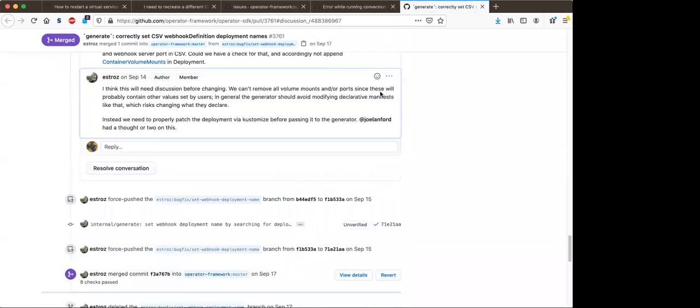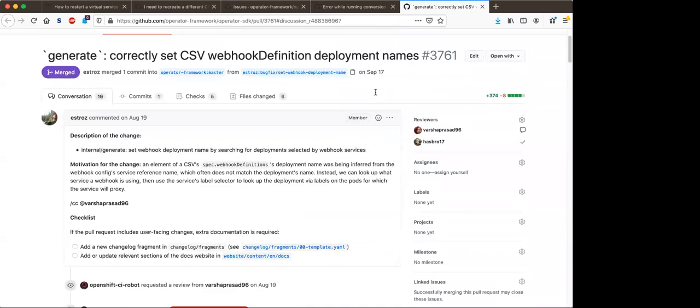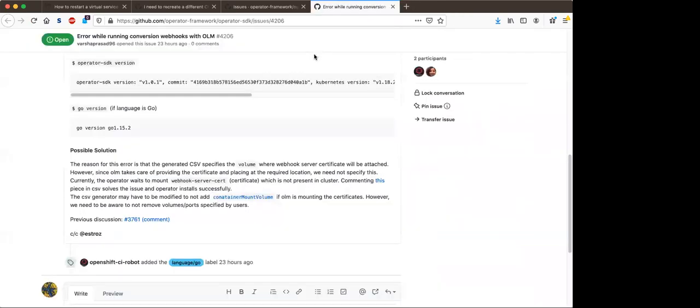Yeah. So I guess the one thing I'm not familiar with is, we give OLM a CSV and it has a deployment spec in it. Will OLM actually add volumes and volume mounts, like inject into that at runtime to put the certs in, or are you saying, no, that's still something we have to do ourselves?